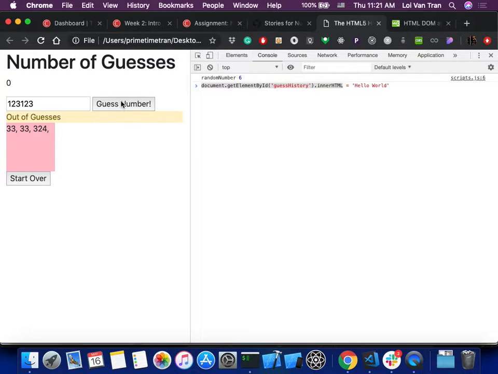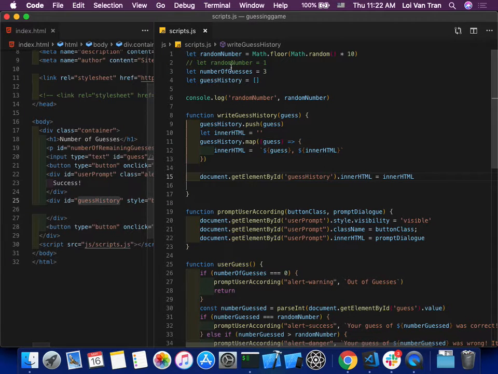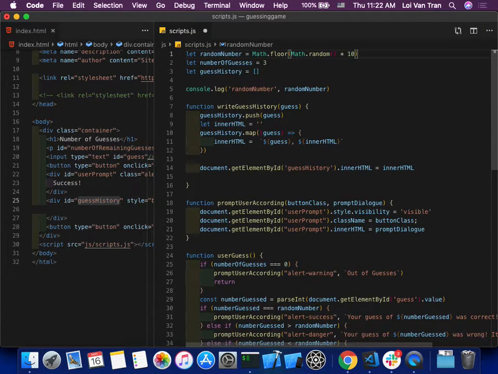The random number 6? Like if you do a random number. Yeah. So right here, random number is defined. Guys, this is also another important concept. Scoping. The reason why random number stays at 6 is because when this function is called,